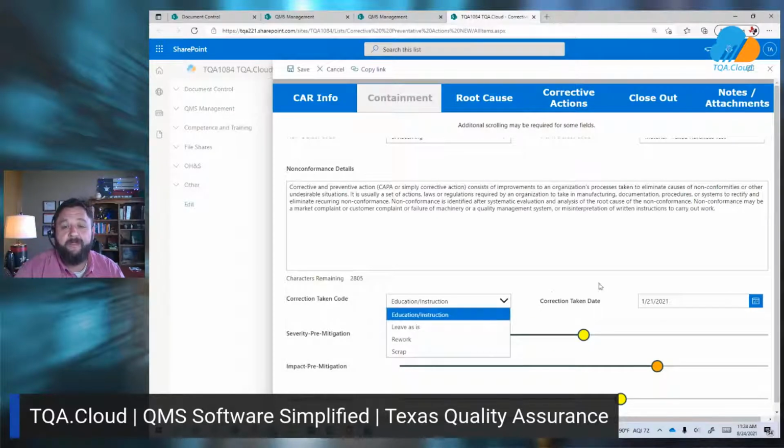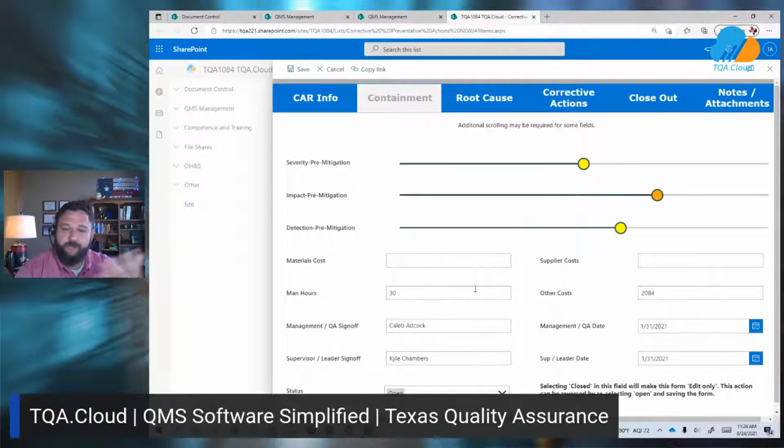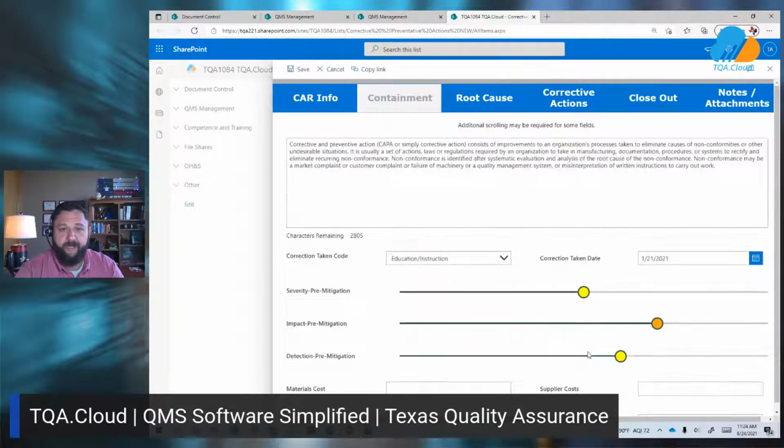So if you have certain predefined codes that you're already working with, we can go ahead and utilize those here in the system. Then what we do is we use a basic risk slider, the same you would do on a FMEA. We identify what's our risk, severity, impact, and detection. And this is all in our pre-mitigation. So why didn't we originally detect this root cause? Well, you know, maybe the detection was difficult or whatever the case may be. Of course, you can track all of the standard cost of poor quality in here. But this is the risk-based thinking piece. Let's think about this. If we have a risk that merits mitigation, now what standard quality tool might we use to mitigate that risk? Well, we would take action to mitigate it with a corrective action.